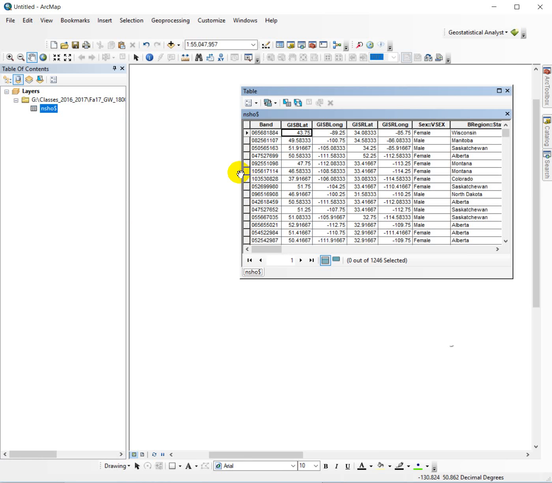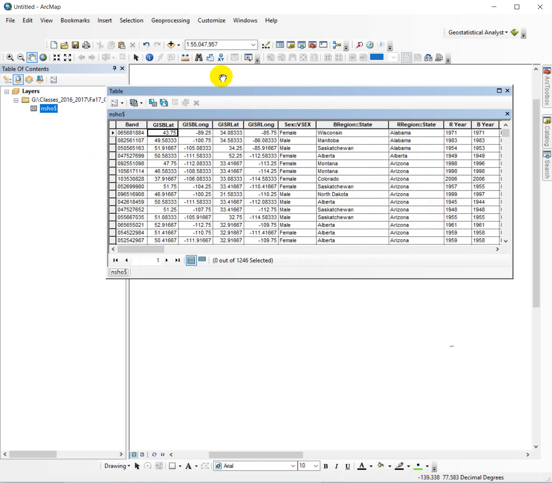So you guys know that you plotted up two different data sets from one table of data. So we have all the different birds. We have where they were banded and where they were recovered, and then information about those particulars. But look at how small these numbers are relative to the UTM easting and northing values that we're used to seeing. They're all small, they're all less than 180 in absolute value, and that's what indicates that these are in